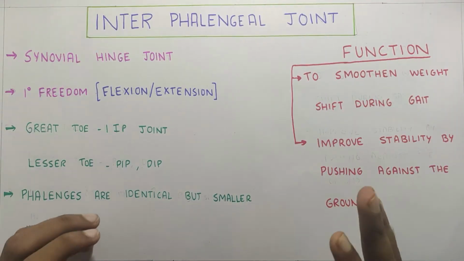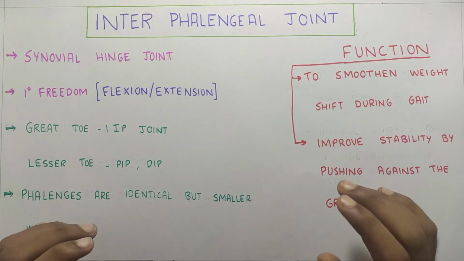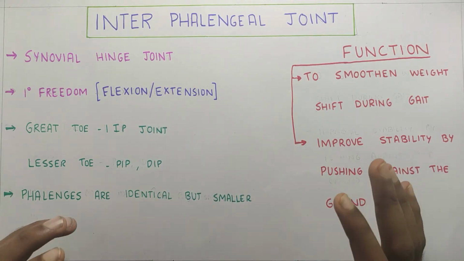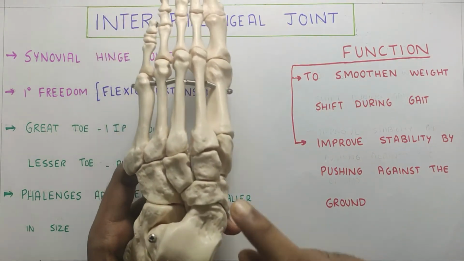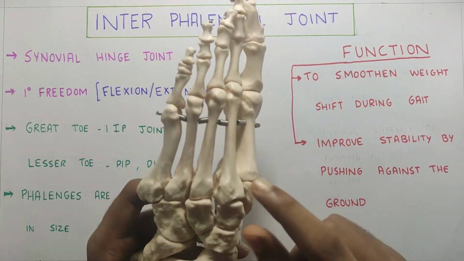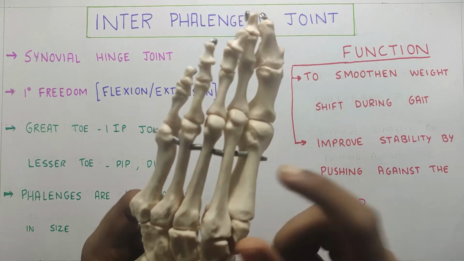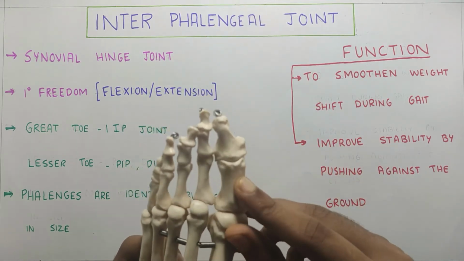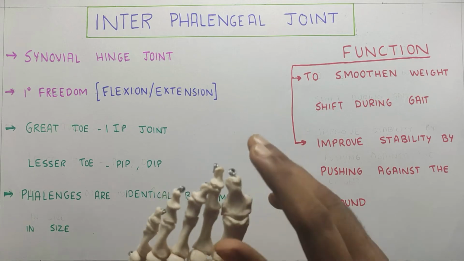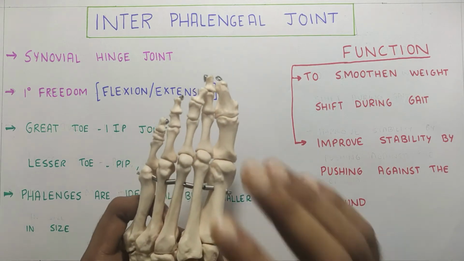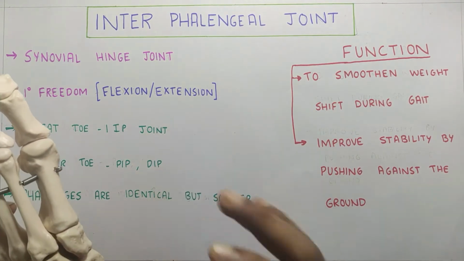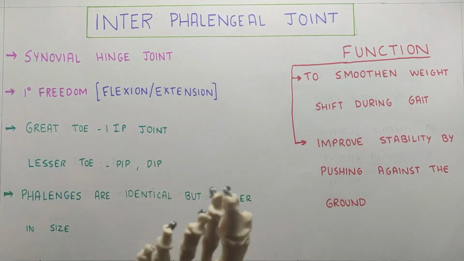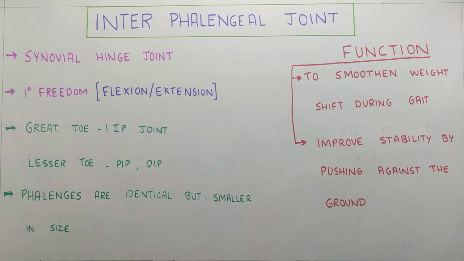In this video, we are going to talk about the interphalangeal joints. It is going to be a very short video, so let's get started. So till now, we have studied about the subtalar joint, then the transverse tarsal joint, then we talked about the tarsometatarsal joint, and finally the metatarsophalangeal joint. So now this video will be about the structure and function of the interphalangeal joint. It is a very small topic, so I covered both the structure and the function of the interphalangeal joint in this topic. So to begin with, it is a synovial hinge type of joint.